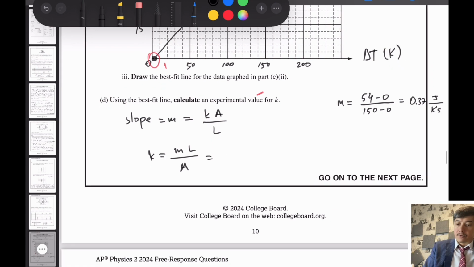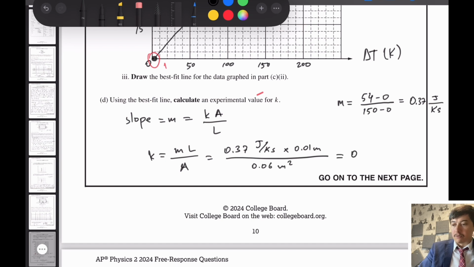Now let's put this number here, 0.37 joule per Kelvin second, times thickness 0.01 meter divided by area 0.06 meters square. So if we do the calculation, it's going to be 0.06